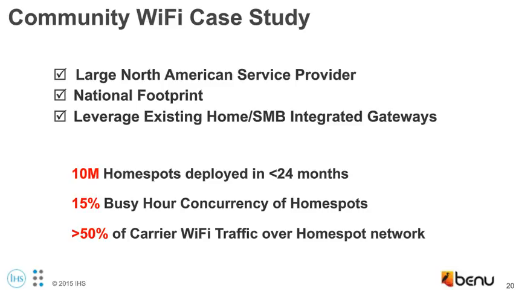What that means is that at a busy hour, so very typically at 7 o'clock in the morning, 7:30 in the morning, upwards of 15% of those 10 million home spots will be active and have a device active on them. And although this operator has a very robust outdoor footprint, they're seeing that a majority of their traffic, as measured by bandwidth, is coming from those home spots. So they're being very actively used, not just for lightweight tasks like email and browsing, but also for video delivery. And so again, this has been a very highly successful deployment for us